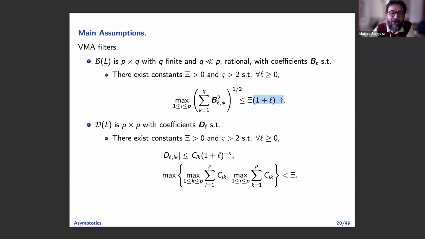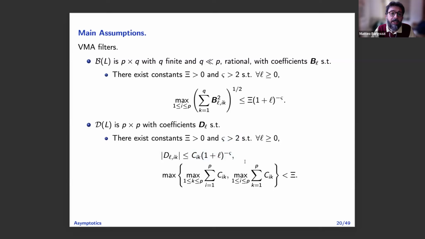But this is nothing special. What I want to comment on is the second part. These are the coefficients of the filter for the idiosyncratic component. Now, the idiosyncratic component is a P by P moving average. The filter is P by P, and P is growing. So the assumption here is that each of these entries is less than or equal to a constant which is specific to the entry, and then this part. This second term controls the serial dependence in a classical way, so any weakly stationary process will satisfy it. This is not a big deal. If you sum over L, this will converge, provided that this range sigma is greater than 2.